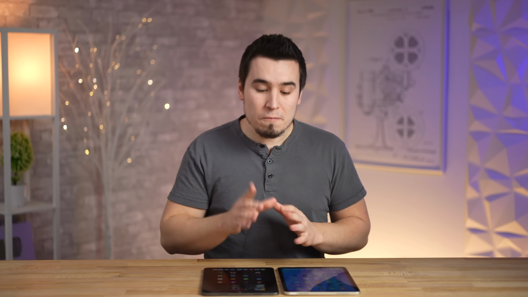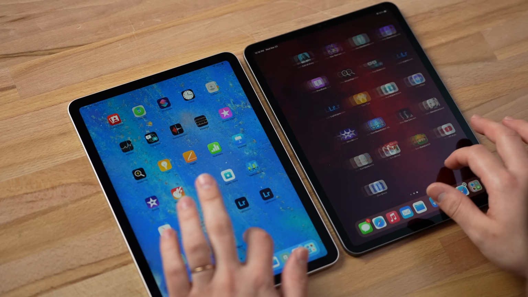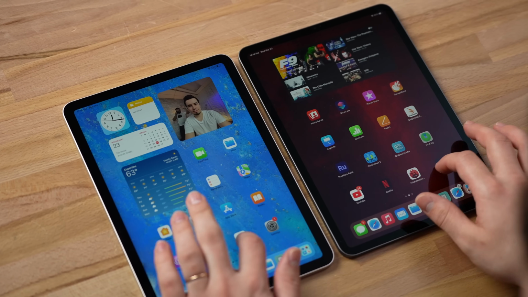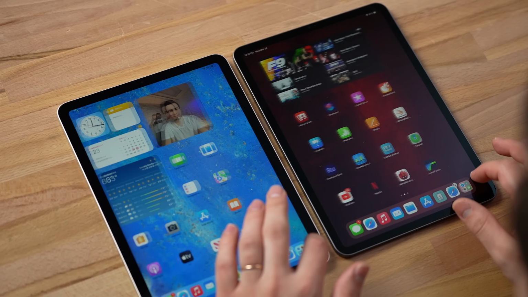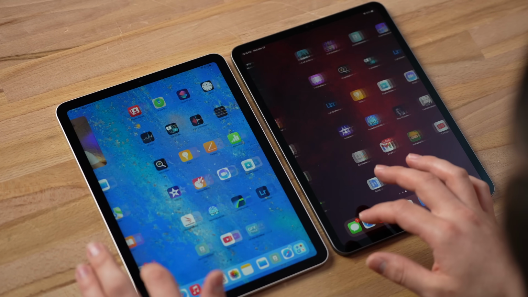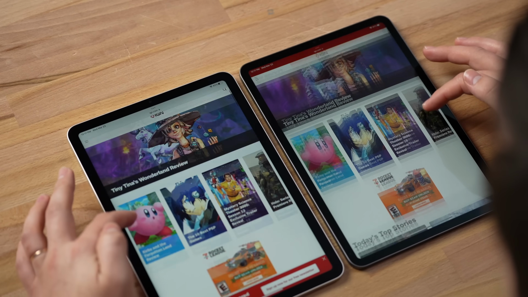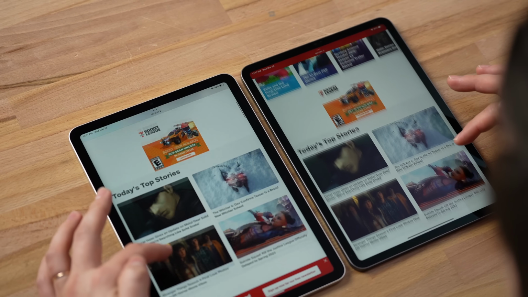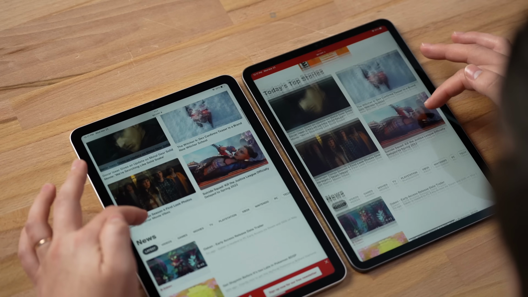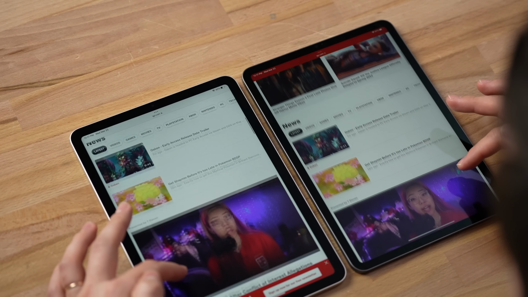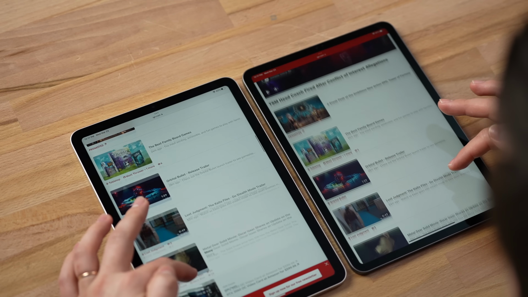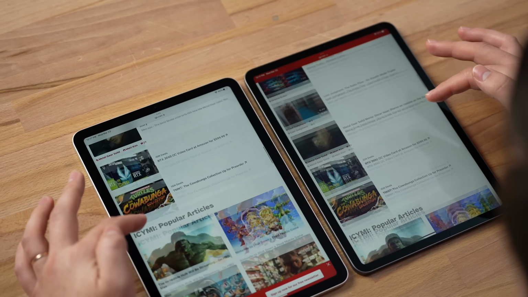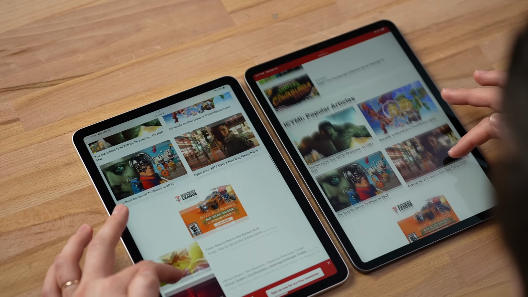But my absolute favorite difference is the fact that the iPad Pro comes with 120 Hertz ProMotion display technology. So it allows the refresh rate to ramp from 24 Hertz up to 120. So when you're swiping and scrolling, reading, looking through apps, swiping through Twitter, everything is incredibly sharp and smooth. There's no motion blur. Everything's just buttery smooth compared to the iPad Air that has a solid 60 Hertz display